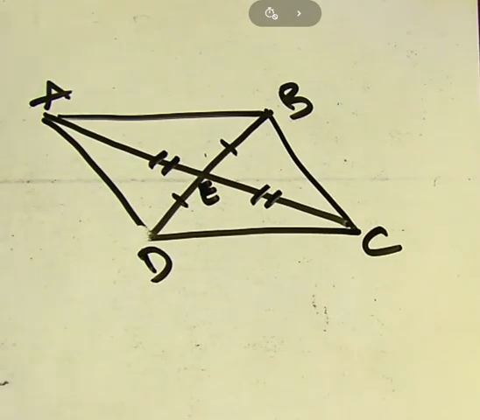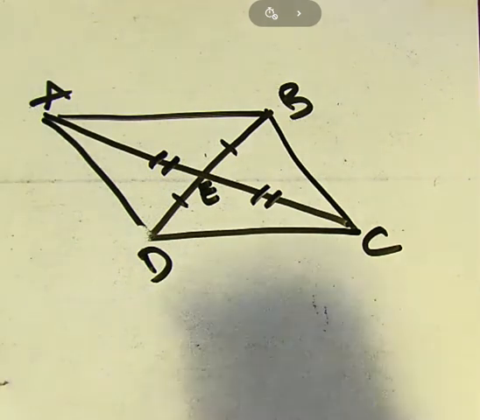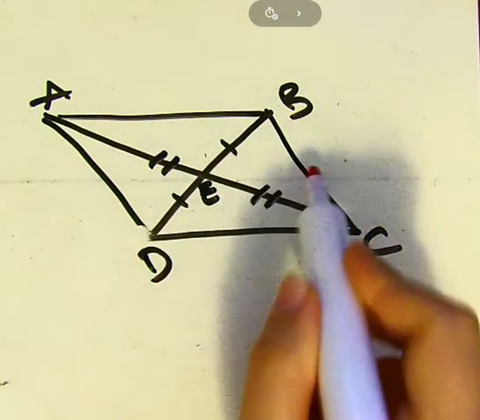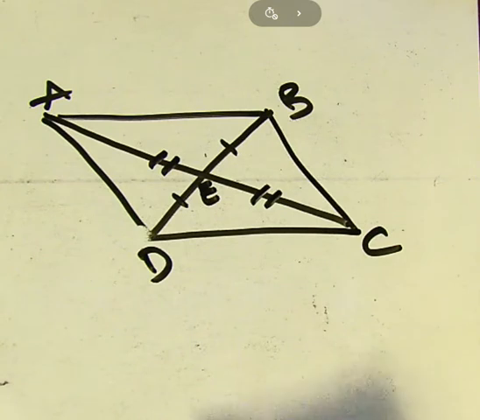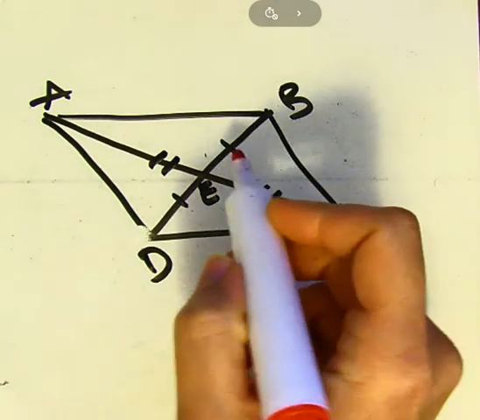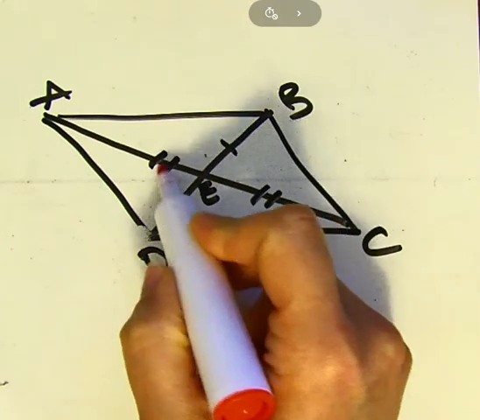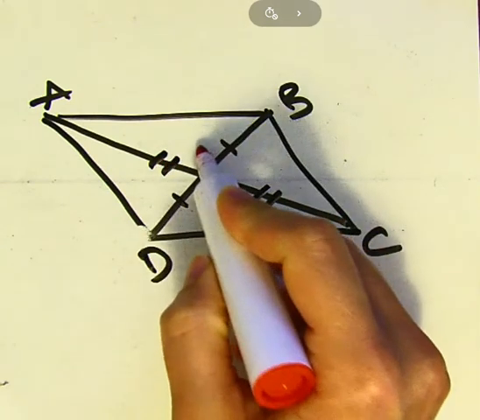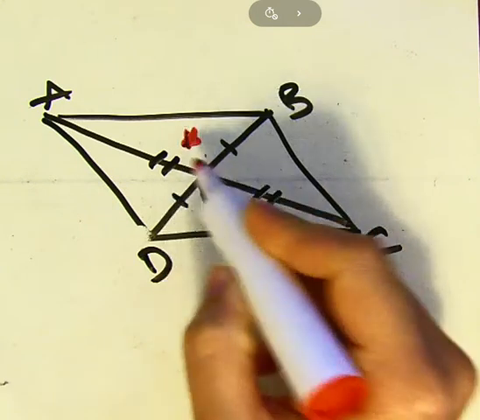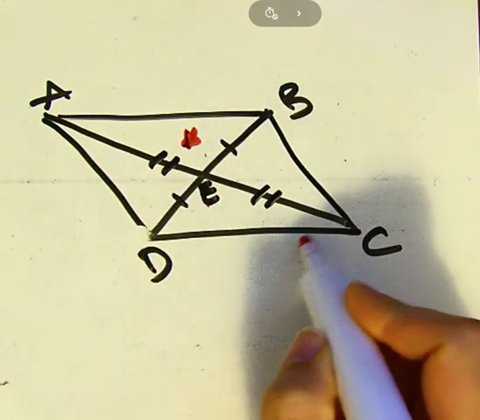That requires us to find out that both sets of opposite sides in this quadrilateral are parallel to one another. Now, as you can see, this side is congruent to that one. This side is congruent to that one. If we were to look at these two triangles, ABE and CDE,